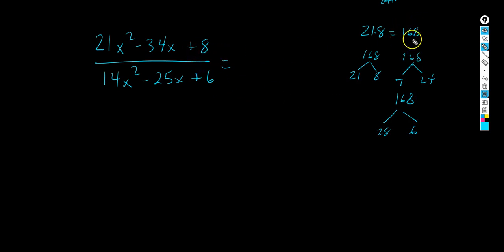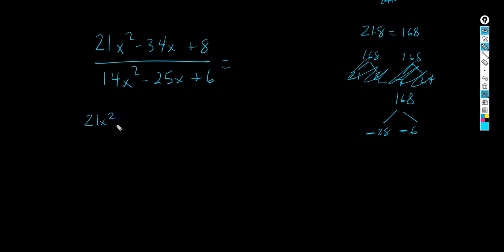To get, I want my product to be positive 168, and I want them to add up to negative 34. Okay, so these aren't going to do. This is going to be the one, but I need both of those to be negative, so that should work. Negative 28 times negative 6 is positive 168, and negative 28 plus negative 6 is negative 34. So those are the two numbers that I'm going to